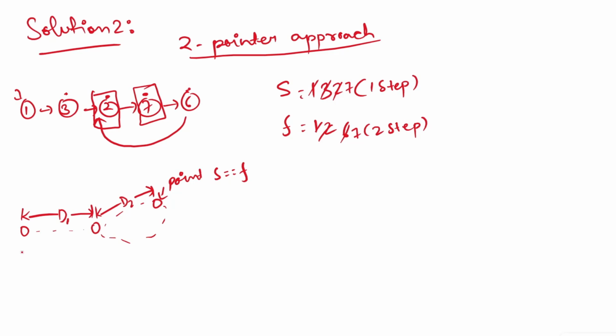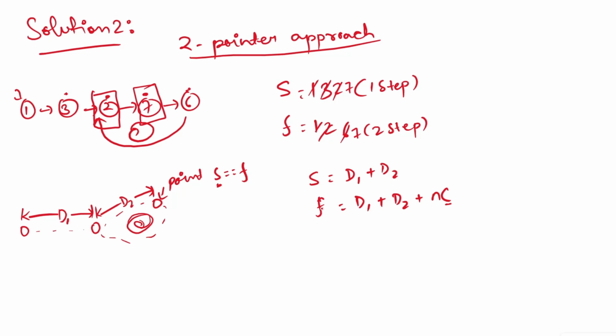So what is the distance covered by the slow pointer? The distance covered by the slow pointer will be d1 plus d2, and the distance covered by the fast pointer will be d1 plus d2 plus n cycles, since the fast pointer can move n number of cycles to reach this point. As we see, fast completes one cycle and reaches 7 again, but slow moves only one time. So the distance traveled by fast will be d1 plus d2 plus n number of cycles. See, c is the length of the cycle.